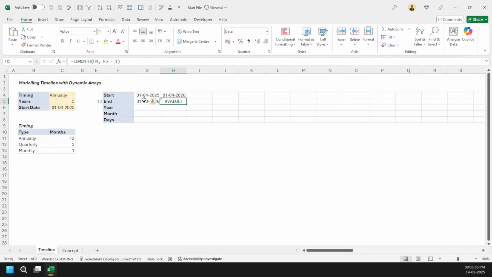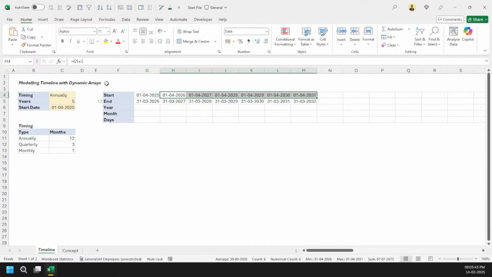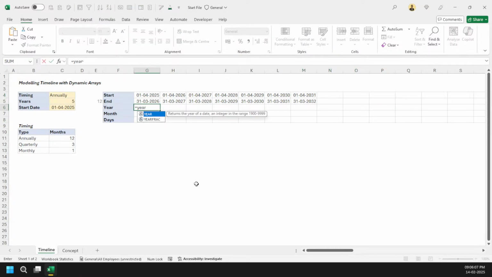I need to freeze it, anchor it down. Yes, and now we can drag it down here, right? But the thing is that it is now not ending exactly after 5 years. It is still continuing. Then we come up with the nested IF and those logical concepts. So that's the problem here, right? For now I'm not going to tackle it, but you got the idea, right? We need to either hide it or use a nested IF, and then simply the year function and it will work perfectly fine.